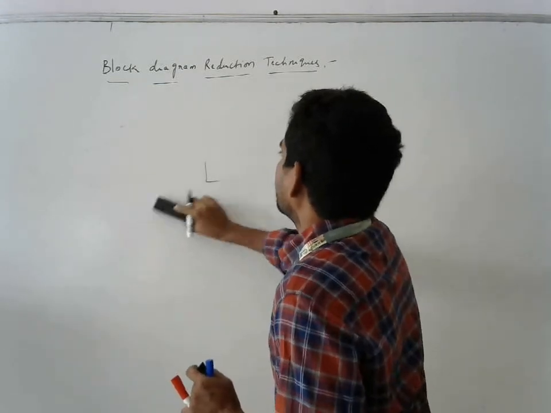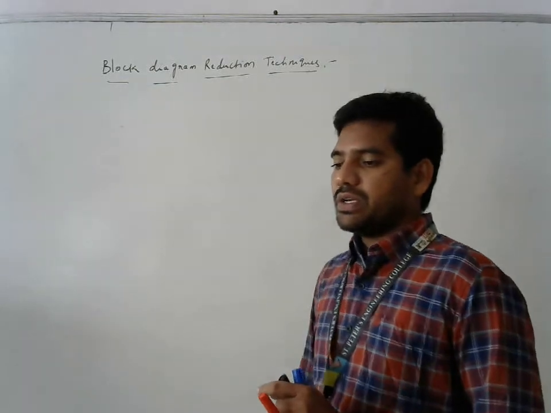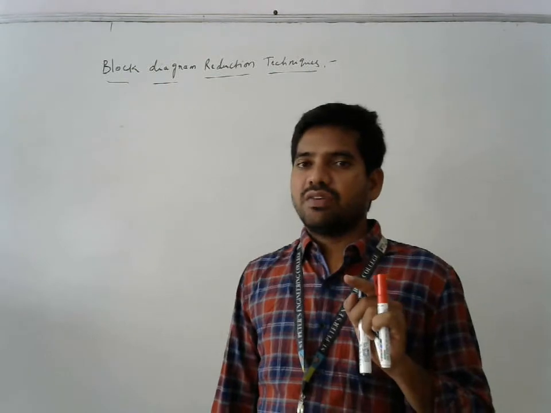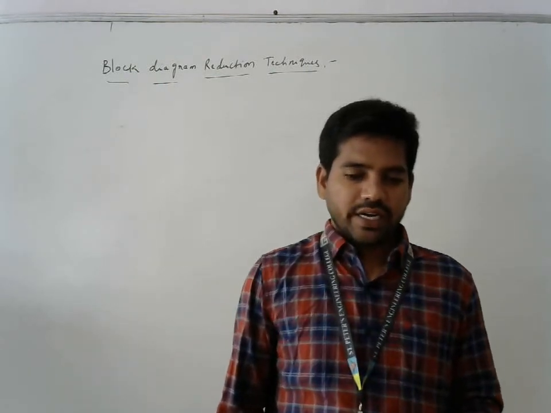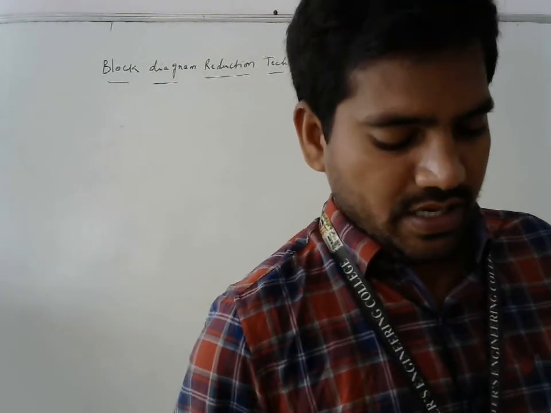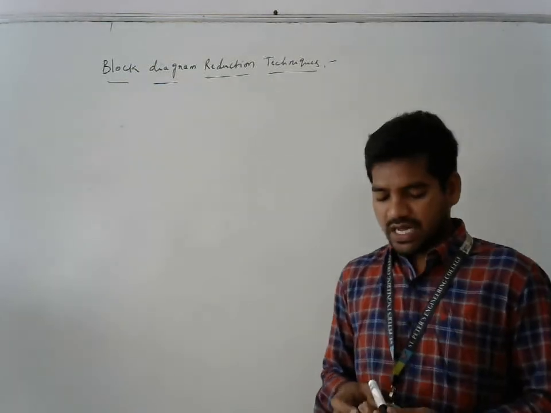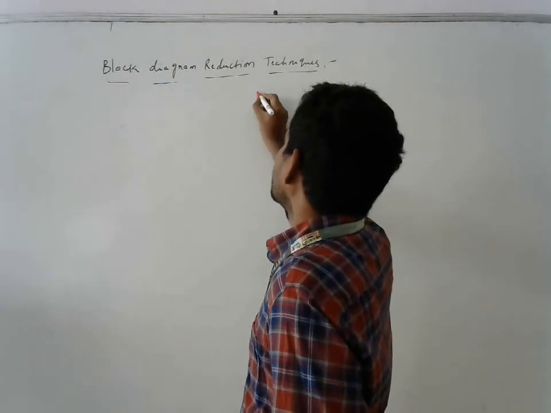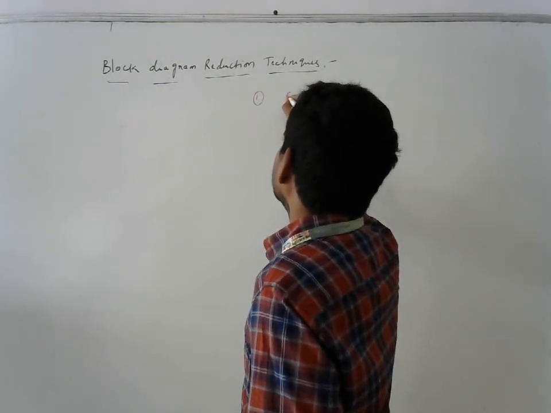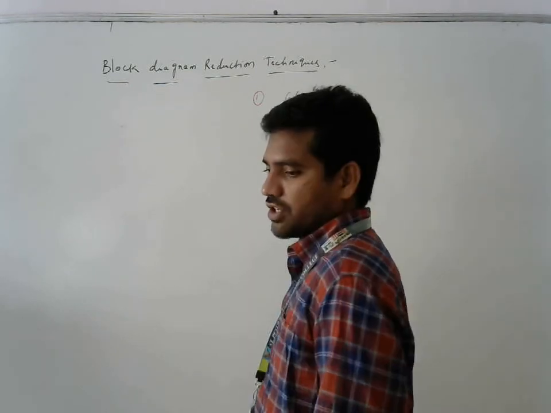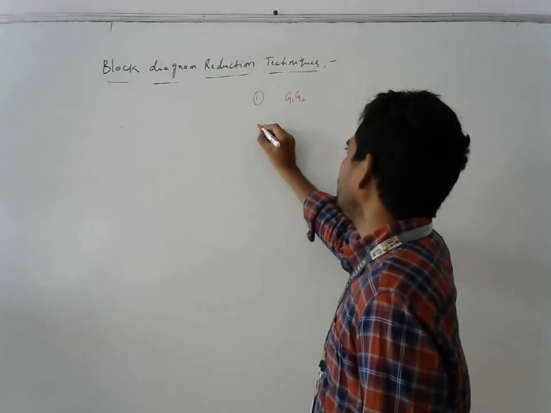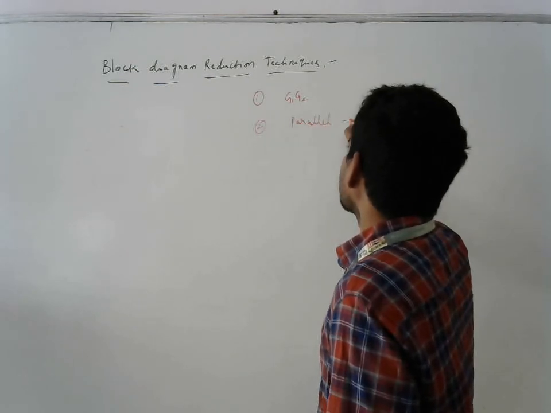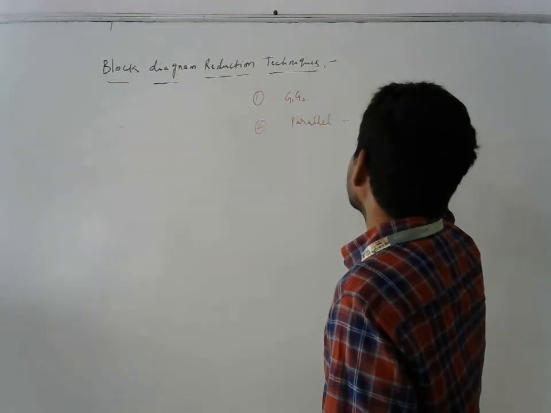These are the 8 rules we have to remember to reduce a big block diagram into a simple block diagram. The first step is that we need to identify the 8 rules. I will explain once again, just reviewing. The first rule is that two blocks are in series. That means multiplication. G1 and G2 are in series, so you need to multiply G1 and G2. The second rule is parallel. If two blocks are in parallel, you need to use G1 plus G2.